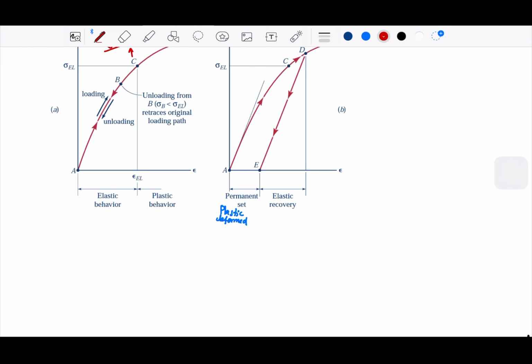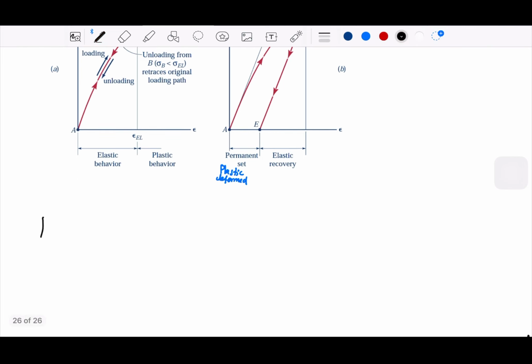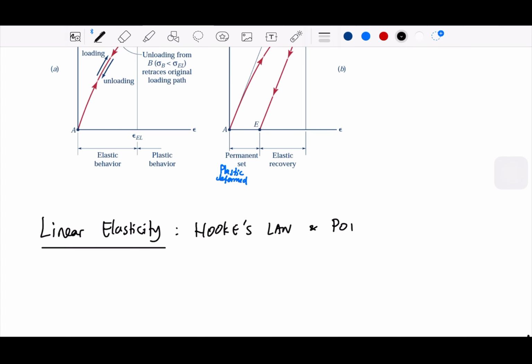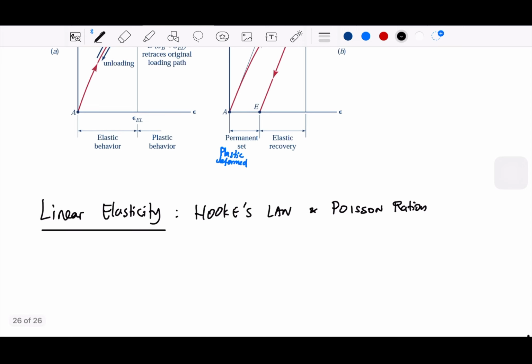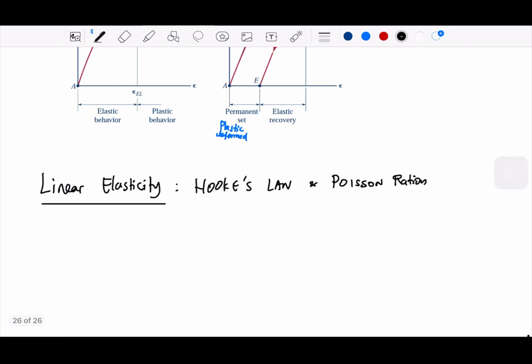Which is more about linear elasticity. So linear elasticity, as in your basic physics, we can start with Hooke's law. Okay. And also we are going to use the Poisson ratio. It's not "poison," it's Poisson. It's a person's name. So, Hooke's law,